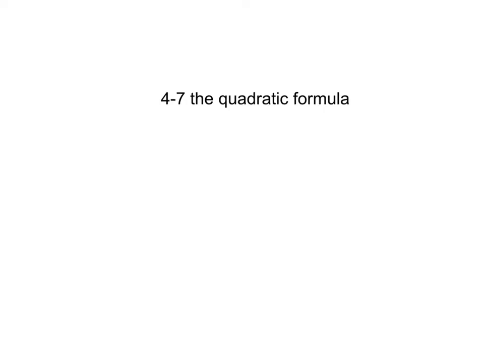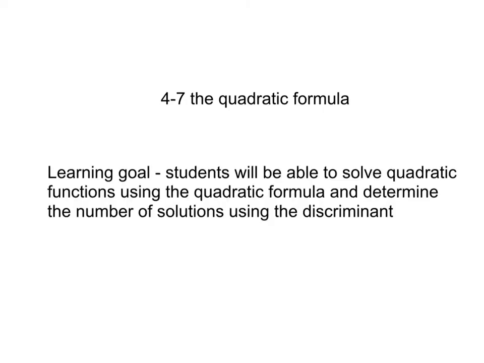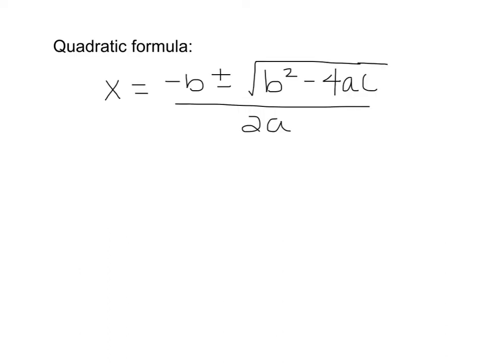4.7, the quadratic formula. In today's learning goals, students will be able to solve quadratic functions using the quadratic formula, and they will be able to determine the number of solutions using the discriminant. The quadratic formula is x equals negative b plus or minus the square root of b squared minus 4ac divided